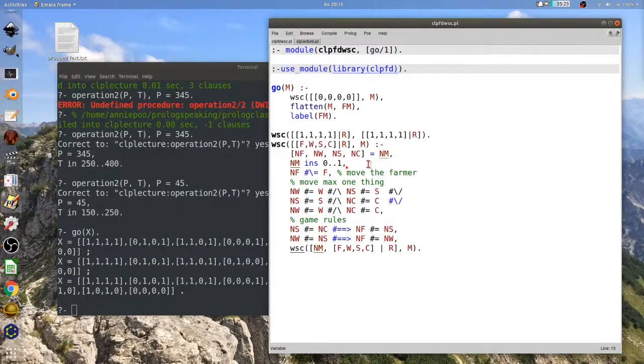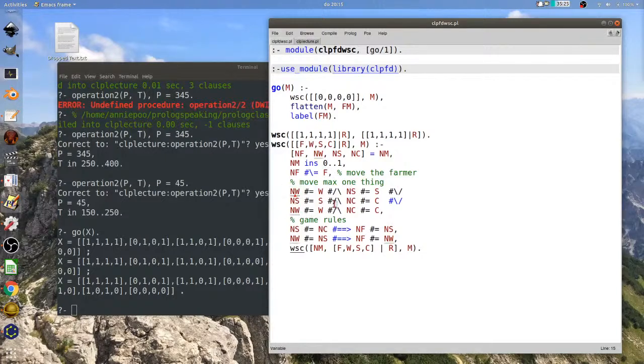Then I'm going to have a maximum. Now, the rule about being only able to carry one thing is the same as saying that the other two things must remain in place.